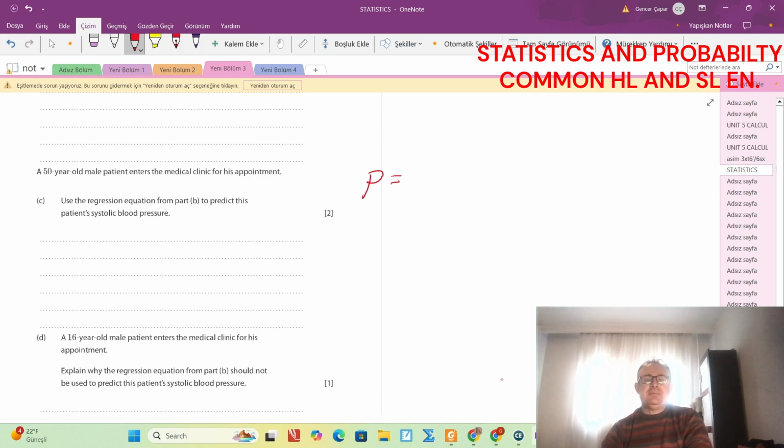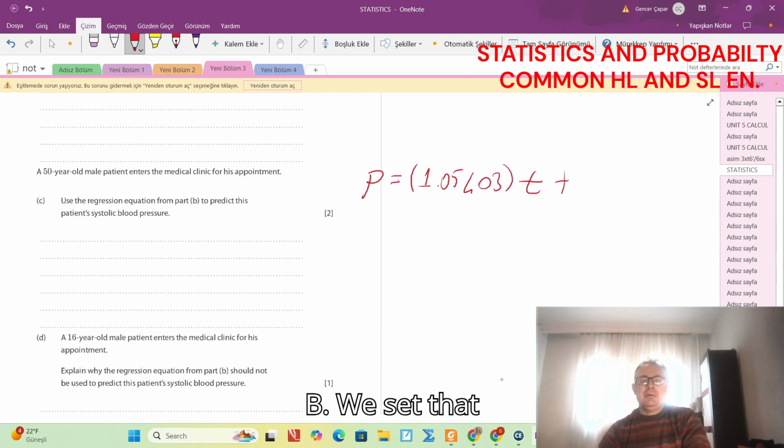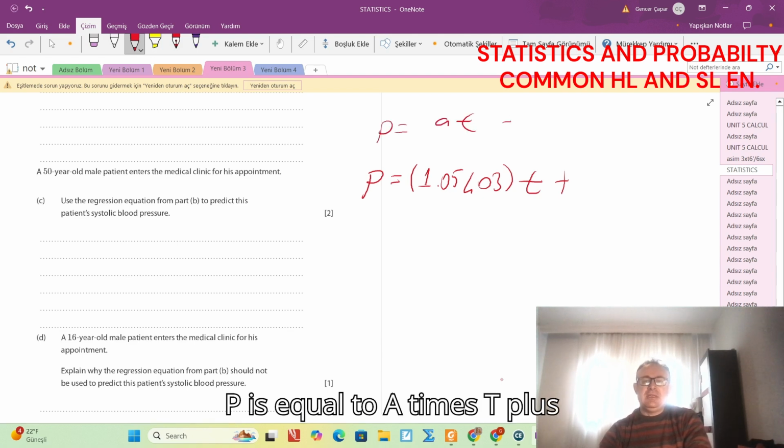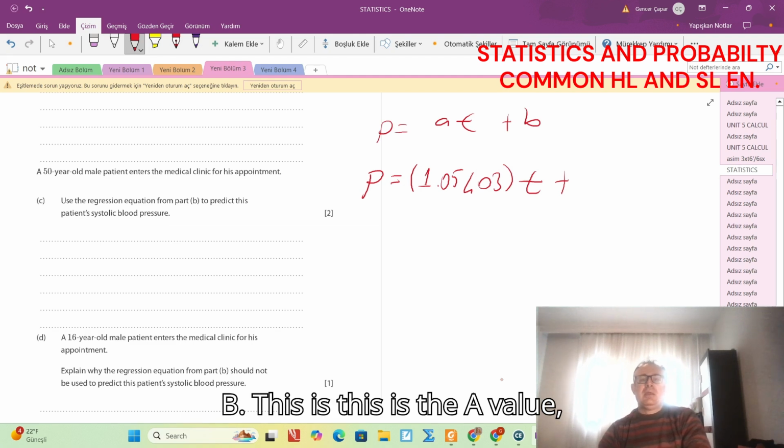P is 1.0543 times T plus b. We said that P is equal to a times T plus b. This is the a value,